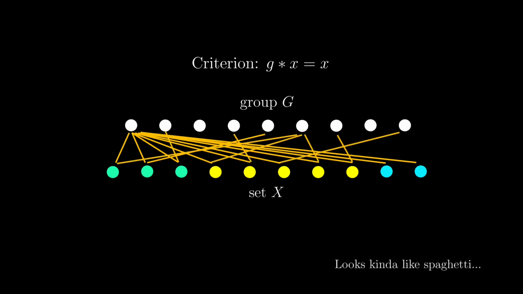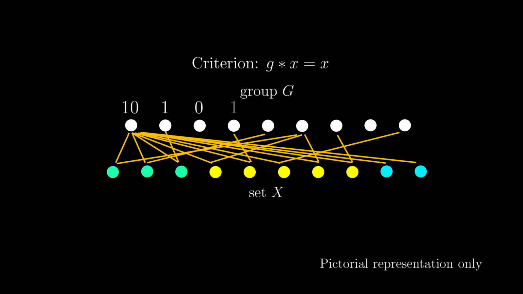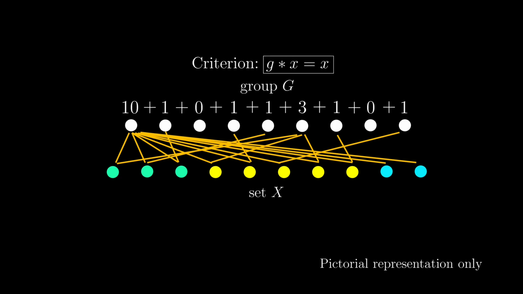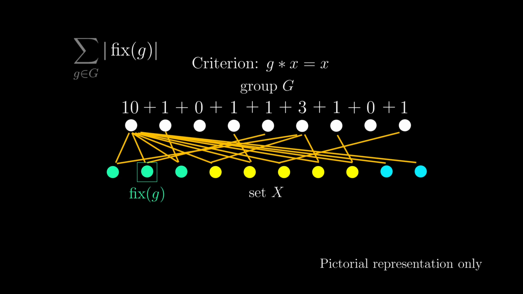After we draw all the lines, we want to count how many lines we have drawn. There are actually two ways to count. The first method is to count the number of lines from each symmetry in group G, then add them all up. But we need to first understand what each number we are adding actually means. Based on the criterion on how we draw the lines, these numbers are the numbers of the x's each symmetry fixes. In this case, it fixes this green dot, and we call the collection of things that is fixed by g the fix of g. So each number here represents the size of the fix of g, and we are summing up all these sizes of the fixes.